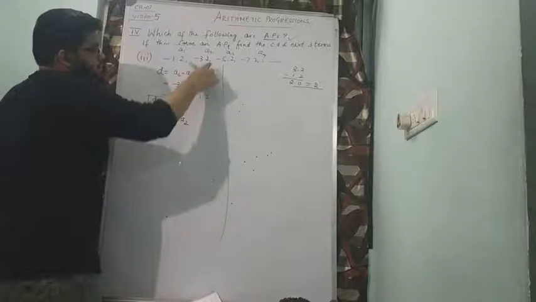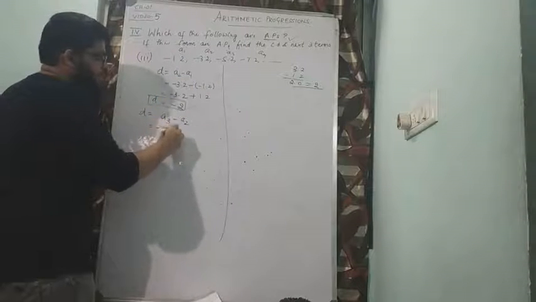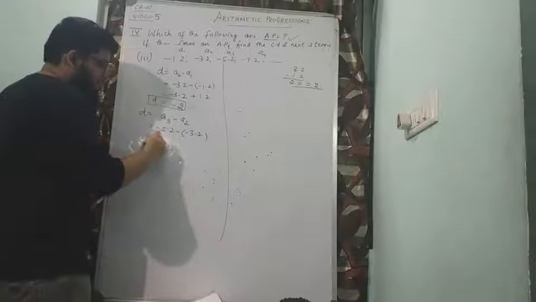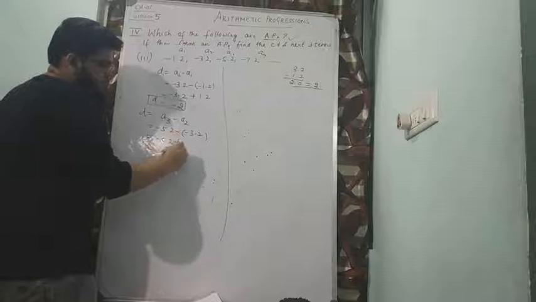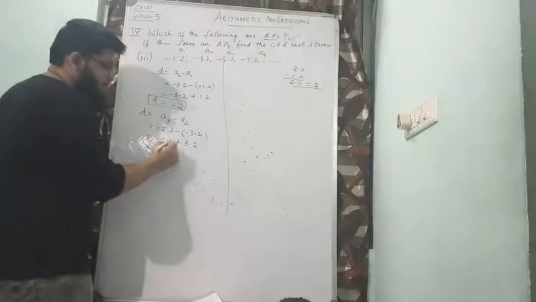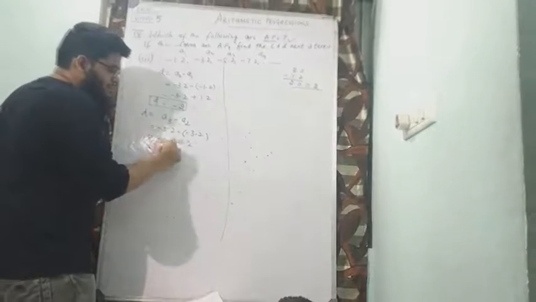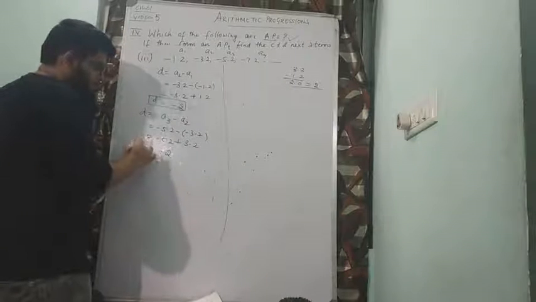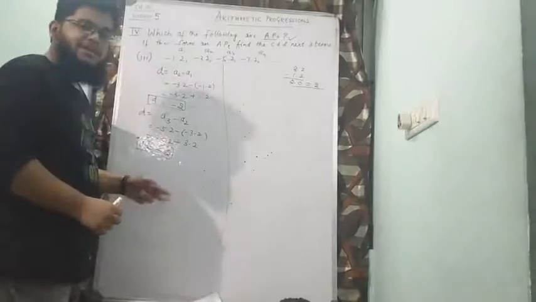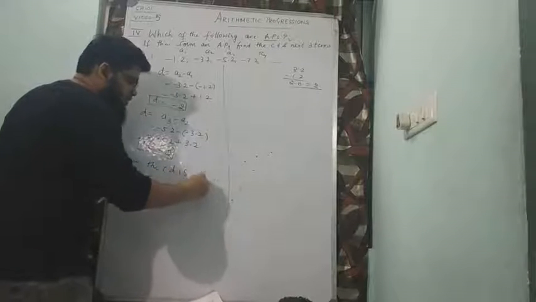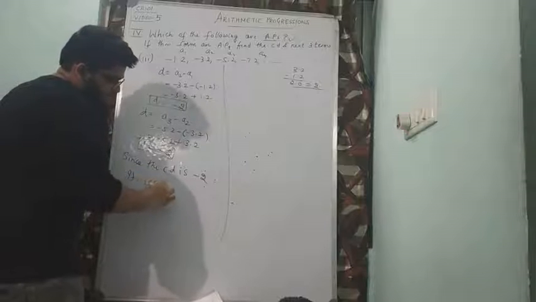A3 minus A2, third term minus second term. Third term is minus 5.2, minus second term, which is minus 3.2. Remember to separate it with a bracket. Minus 5.2, minus into minus is plus 3.2. So minus into plus will be subtraction again. How do we subtract? 2 minus 2 is 0. 5 minus 3 is 2. Greater number is 5, minus. This 0.0 is again not necessary. So the difference is minus 2. If you are not satisfied, you may also try one more difference. So you can now tell, since the common difference is minus 2, it is an AP.